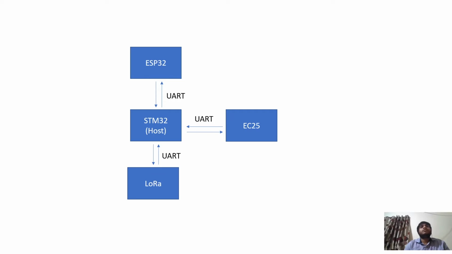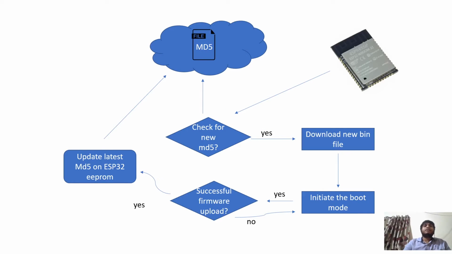So we could somehow connect the ESP32 to Wi-Fi, and then keep checking on the cloud if there is an update for the STM32. Then it could right away download the firmware and flash the STM32. That was the whole idea. So we started building. We took the ESP32 and started designing the architecture.